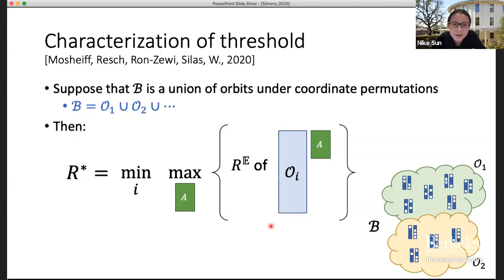Do you have some characterization of when you don't need an A to project down? Do you mean when I can just use a coordinate projection, or when I don't need anything at all, when the expectation threshold is actually right? Yeah, the latter. Oh, that is a good question.